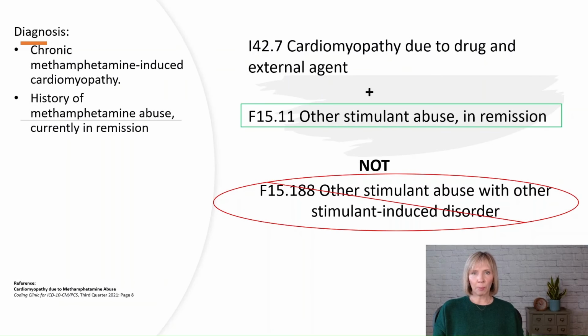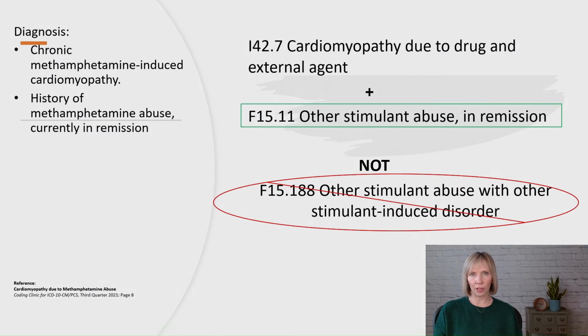Let's take a look at a couple more examples that specifically pertain to drug-related conditions as opposed to alcohol-related ones. Both of the following examples come from coding clinic advice. In this example, the provider diagnosed chronic methamphetamine-induced cardiomyopathy. Although the patient had a history of methamphetamine abuse in the past, he is no longer abusing the drug and